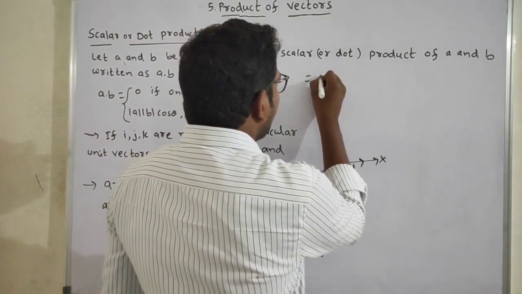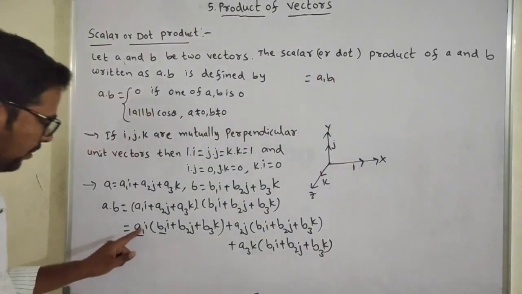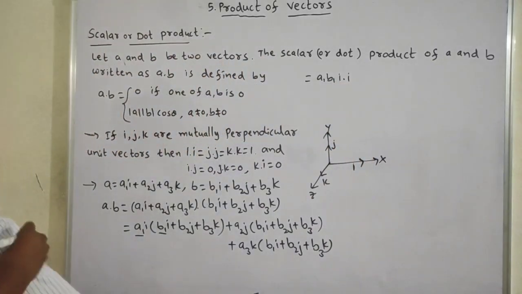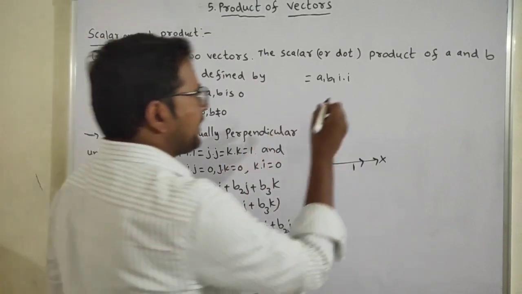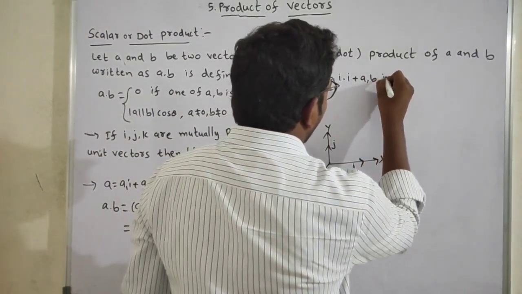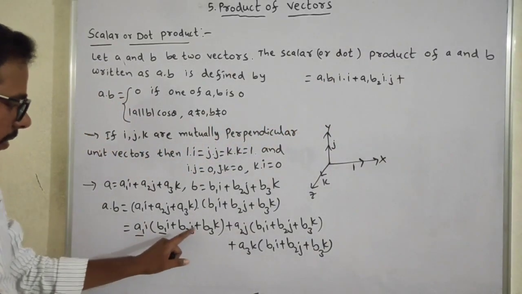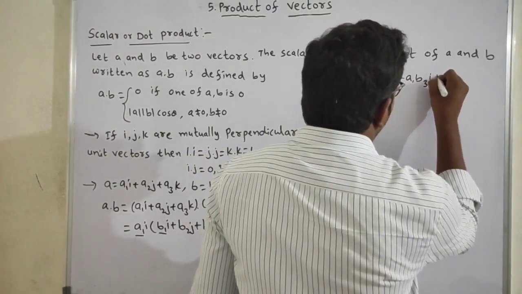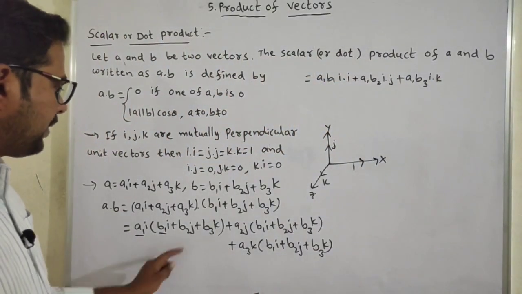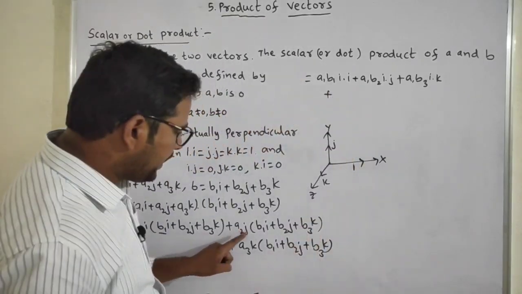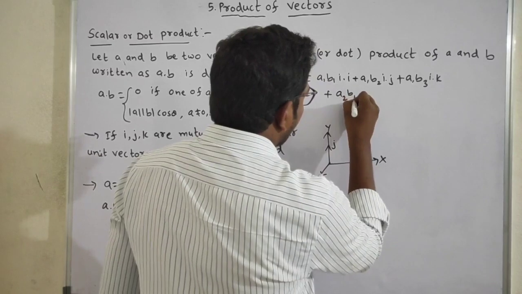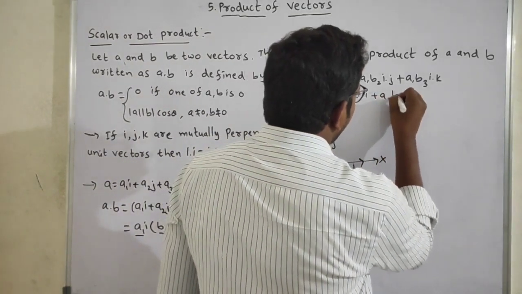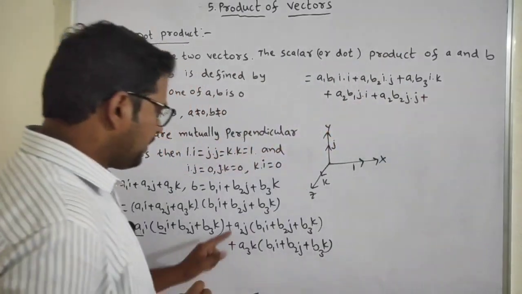రిమైనింగ్ ఏమొస్తుంది మనకి a1 b1 ఇంటూ i డాట్ i ప్లస్ సెకండ్ a1 b2 i డాట్ j ప్లస్ థర్డ్ a1 b3 i డాట్ k ప్లస్ సెకండ్ a2 విత్ a2 b1 j డాట్ i ప్లస్ a2 b2 j డాట్ j ప్లస్ a2 b3 j డాట్ k